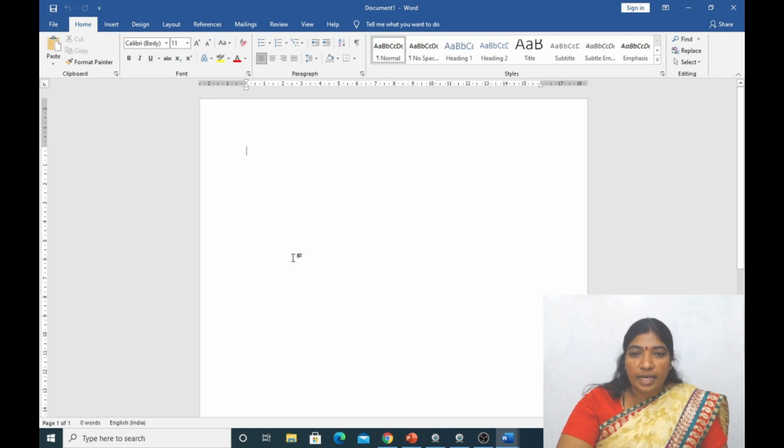The area which you are seeing in a square box is called the document area, and there is a scale-like structure in between the document area and the standard toolbar. Keep in mind that the menu bar as well as the standard toolbar together are called the ribbon. What do you mean by ribbon? A ribbon consists of the menu bar as well as the standard toolbar. These two bars together are called the ribbon.